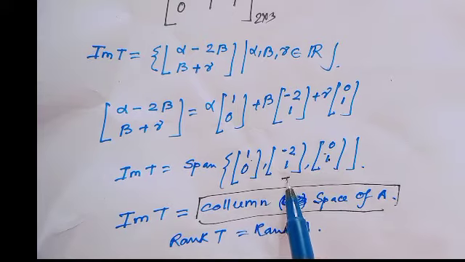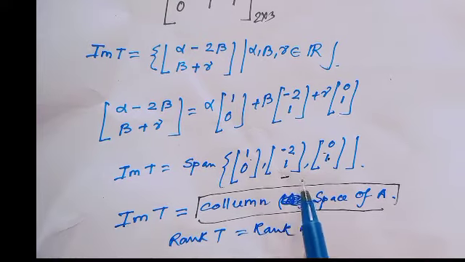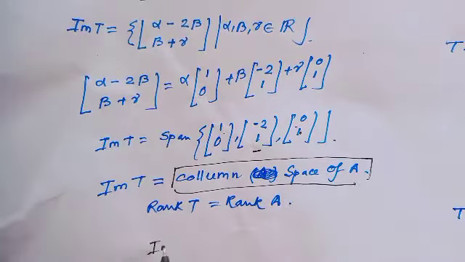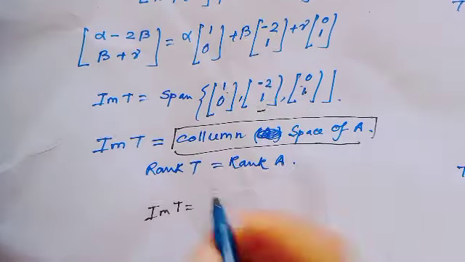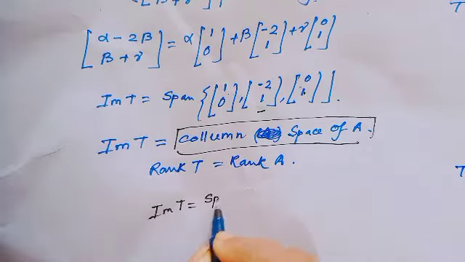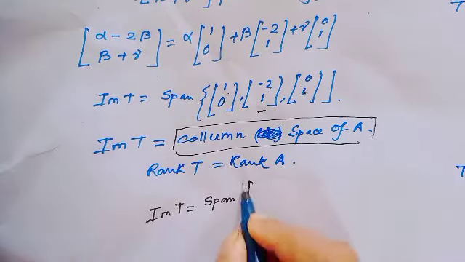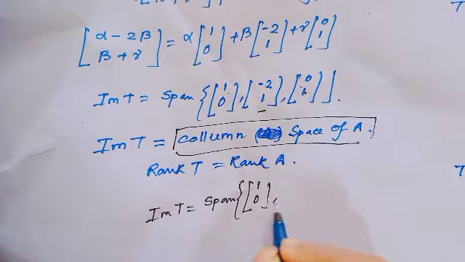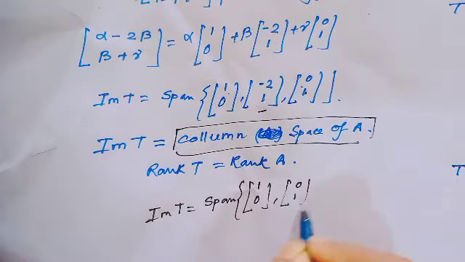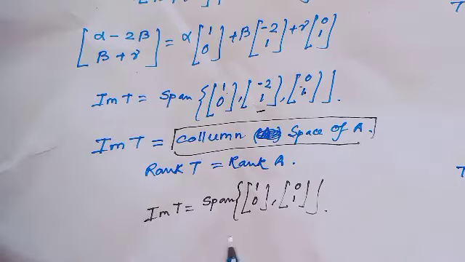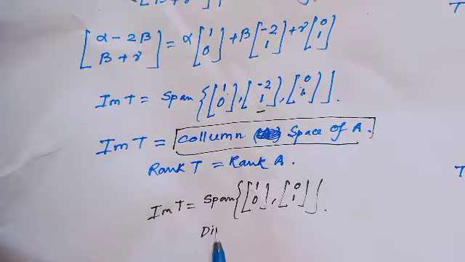That means this vector is linearly dependent. That means image T is spanned by these two linearly independent vectors (1, 0) and (0, 1). And the dimension of image T is